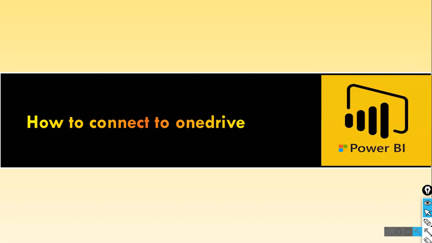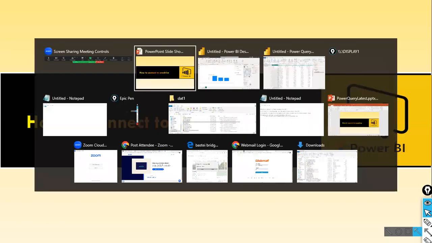Let's say I have uploaded an Excel file into my OneDrive. How can I use my Power BI Desktop to connect to OneDrive and read the data from there? Because on my hard disk, I don't have space. Is there any way that I can read the data directly from OneDrive via my Power BI Desktop? Yes, that is possible. I will just show you